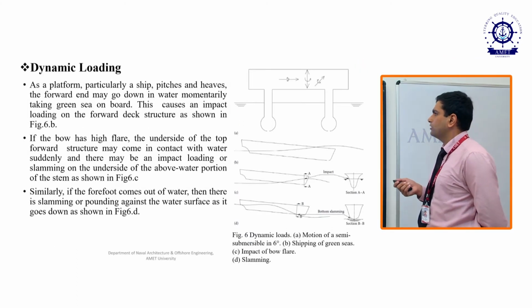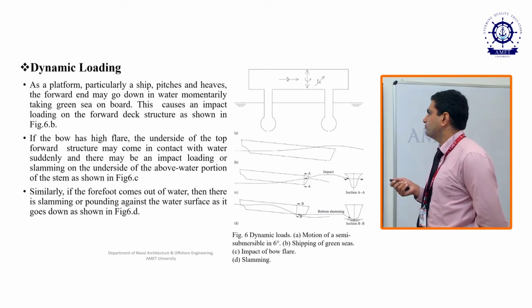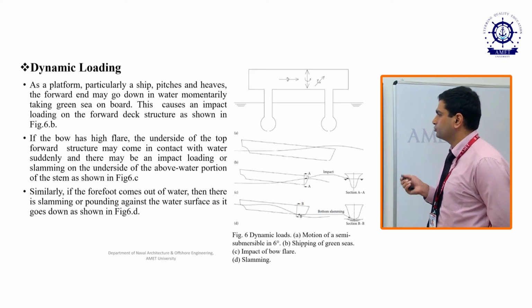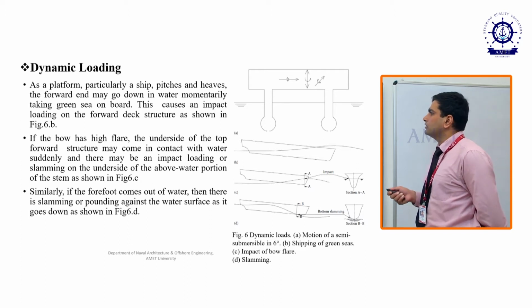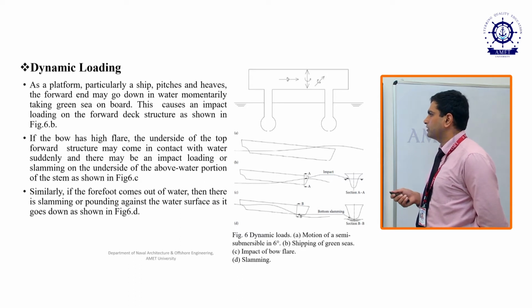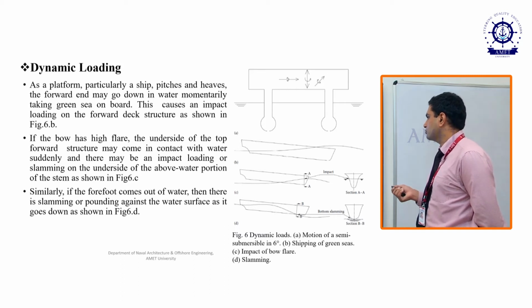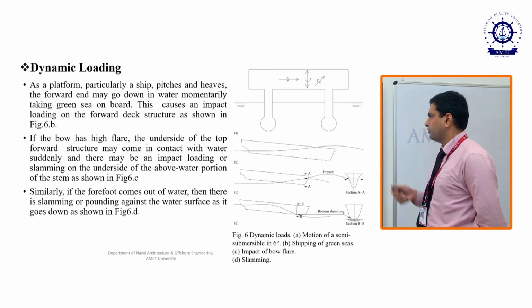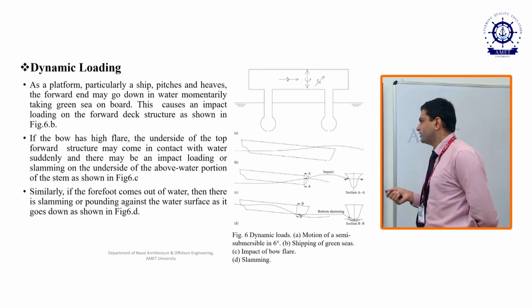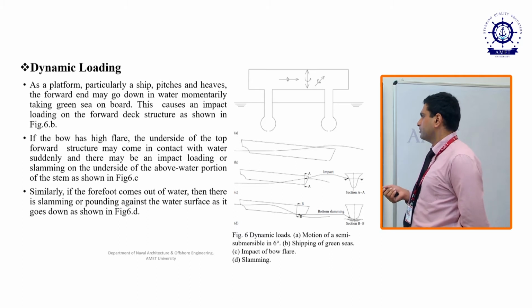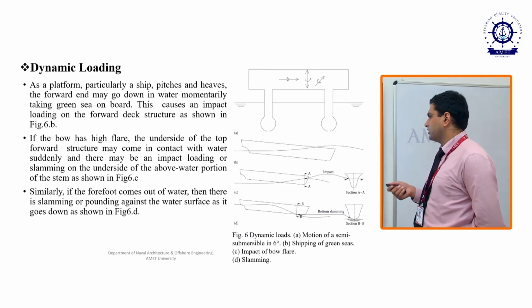The dynamic loading, as you can see here, as a platform, particularly a ship, pitches and heaves, as you earlier saw in the video, the forward end may go under water momentarily, taking the green sea on board. This causes an impact loading on the forward deck structure, as shown in the diagram. Also here you can see that there is an impact because of pitching of this ship. If the bow has high flare, then the underside of the top forward structure may come in contact with the water, and suddenly there may be an impact,